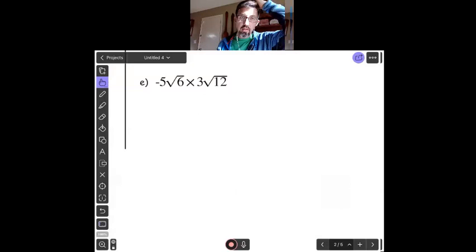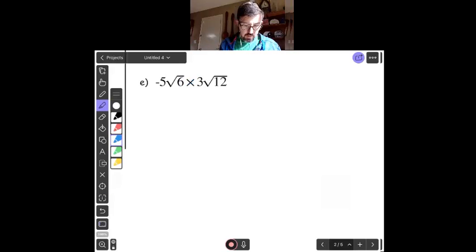I'll do this with you guys. So what we have here is a radical expression times another radical expression. So this says -5 square root of 3, or square root of 6 times 3 square root of 10. So this is a times, right? Not an x. So what happens here, essentially, it's almost like terms, okay? The normal pieces get to multiply each other, and the radical pieces get to multiply each other. Okay? So if I want to do this to start off with, the first thing I do is